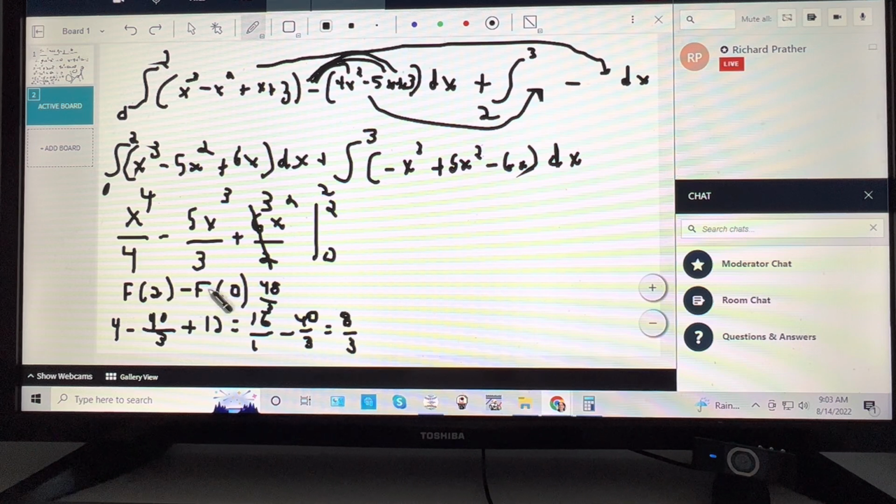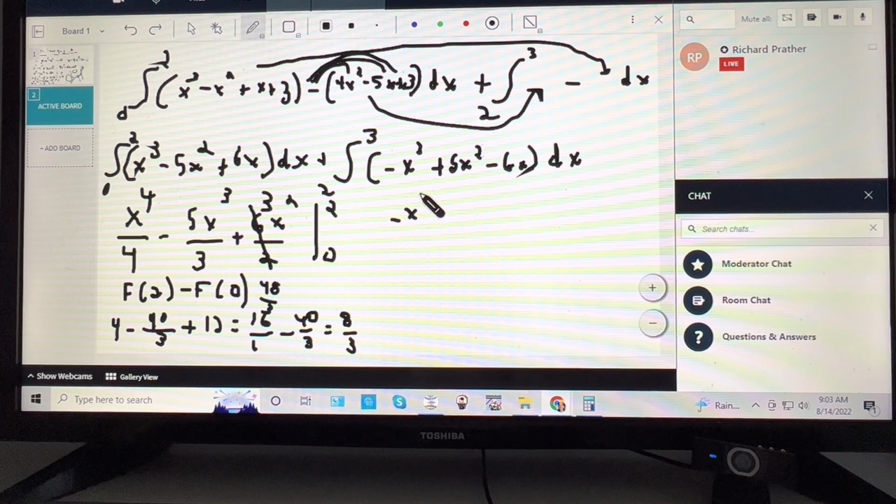You're technically doing big F of 2 minus big F of 0, but that is 0. Because this would be 0, this would be 0, this would be 0. So it helps to have F of 0 there, because otherwise we'd have to calculate that and subtract it. So that part was correct. What I did wrong was next,